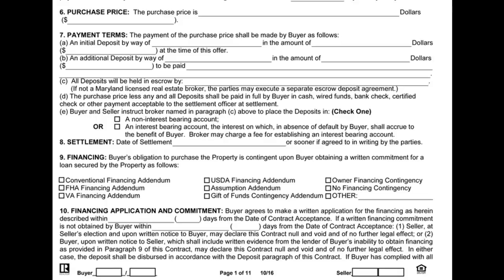Paragraph 7, payment terms. This provision describes the amount of money initially paid by the buyers to secure its performance under the contract. This is commonly known as the deposit. Now, you'll see that there are two sections in there. You're going to put in the deposit amount. You're going to actually write it out in words, and then the numeric